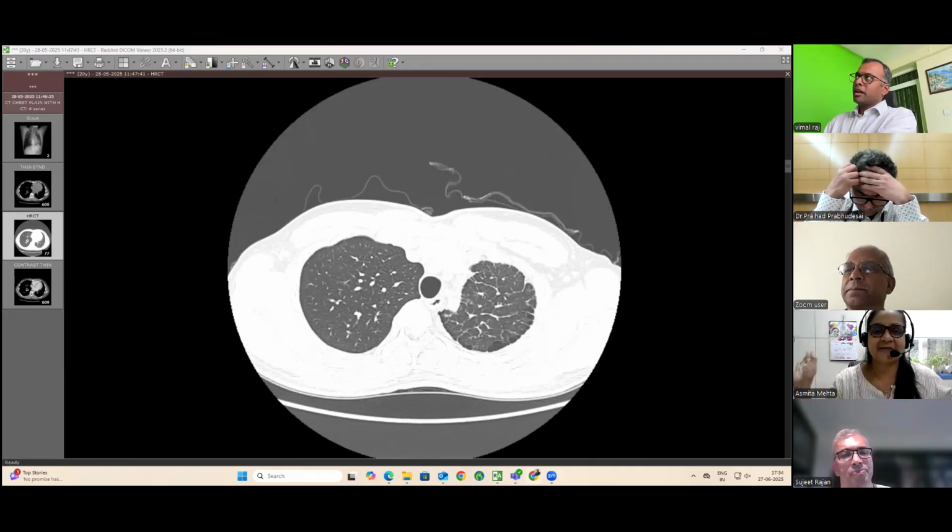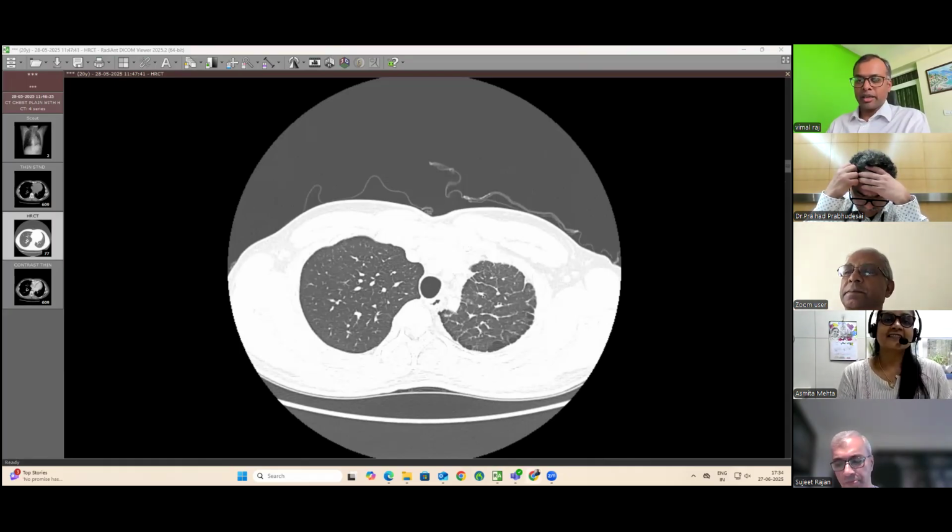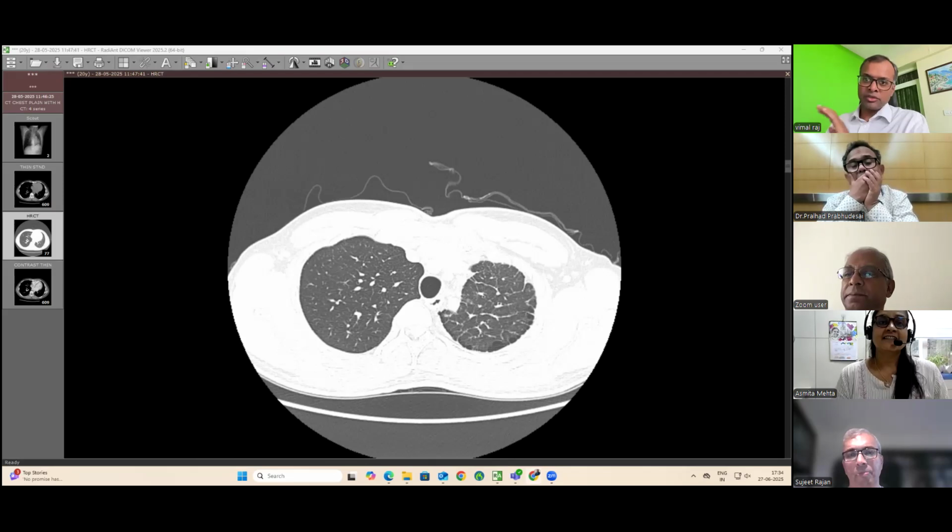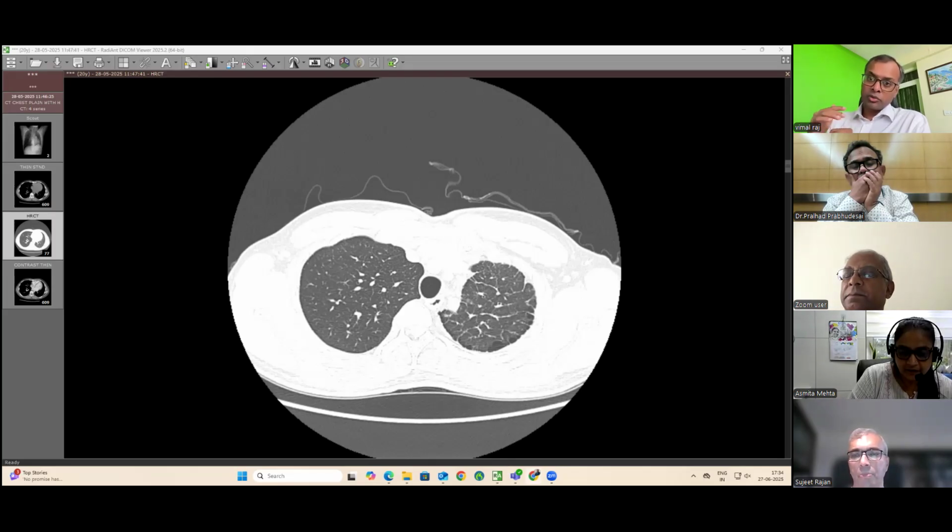Maybe it's my ignorance, but I'm seeing this for the first time. We have published a few cases with exactly the same appearance, where unilateral or unilobar reduction in blood flow gives you this cystic lung disease kind of appearance. In this, the disease process is usually pulmonary venous occlusion, leading to pulmonary hypertension, leading to reduced pulmonary arterial flow, and then the pulmonary arteries go down over a period of time, which leads to further reduction in the flow. So it's a vicious cycle.